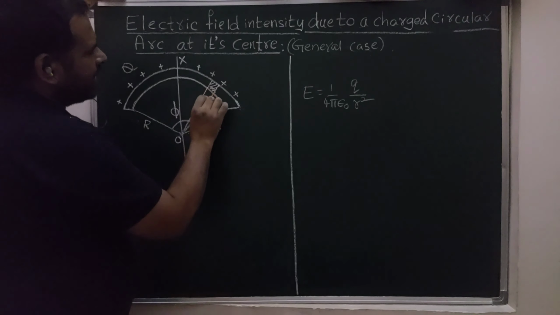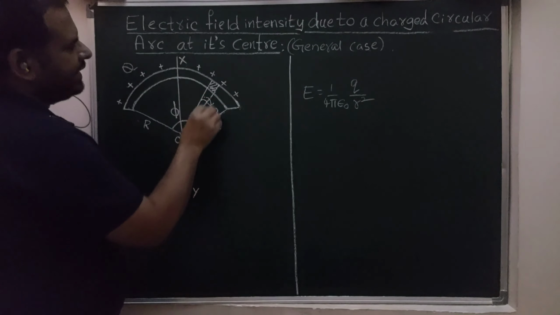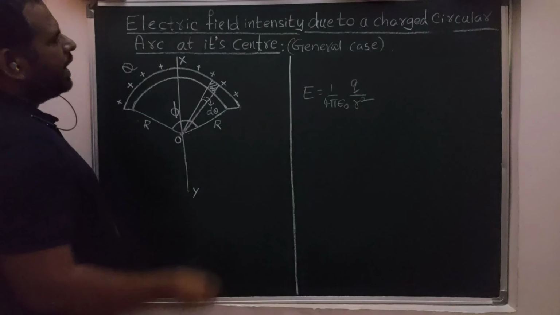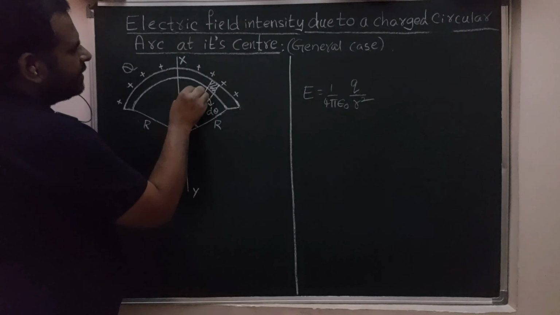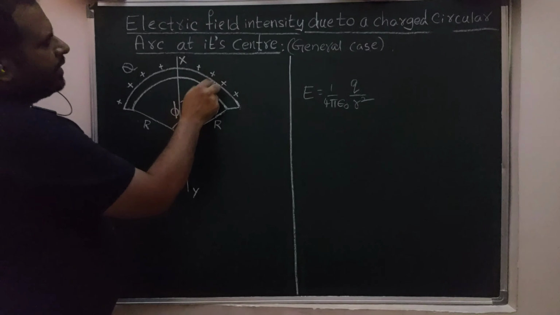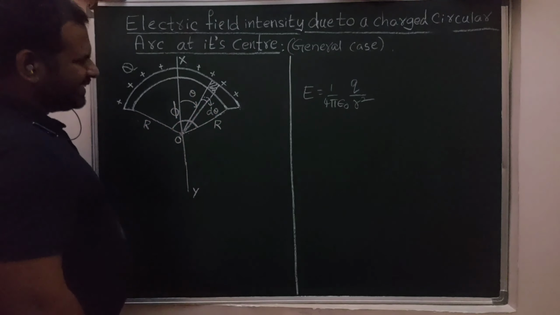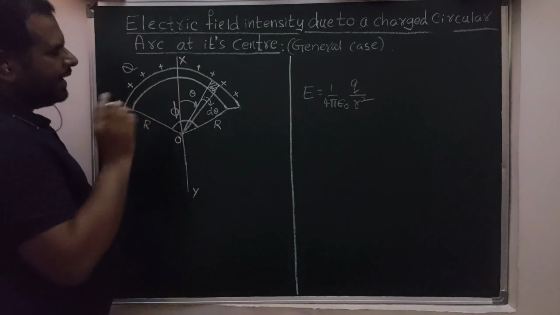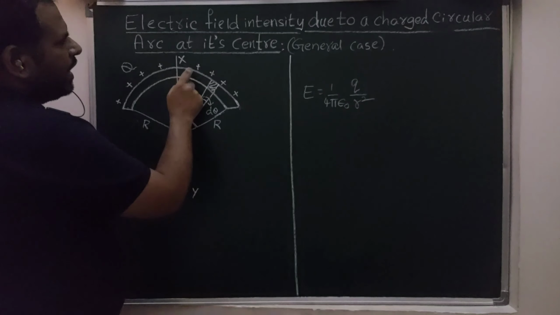So this is the polar segment, and the angular width of the polar segment is d theta. This polar segment is making an angle theta with the angular bisector. So we have taken a polar segment on the arc of a ring, and phi is nothing but the angle made by the arc at the center.